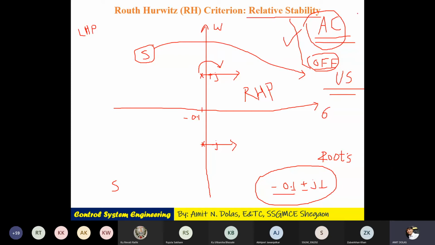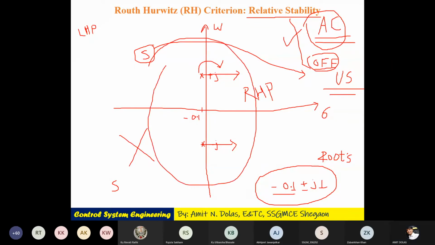What use is such an AC? If I keep the stability of the AC like this, and even a slight disturbance or parameter changes occur, then suddenly it is in unstable mode. So this is not suitable. So what do we do in this case? In this case, we try to improve the stability. We try to calculate relative stability.